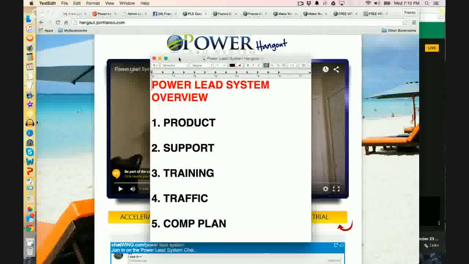So no, support, the second thing we're going to talk about, is very, very important. I'm going to show you the different elements of our support system in our community and in the back office itself that give you that support right from the very first millisecond that you buy this thing. Okay, so we're right with you.